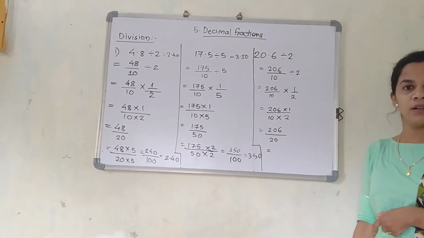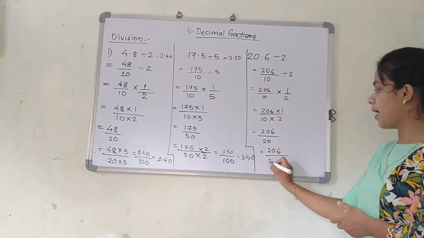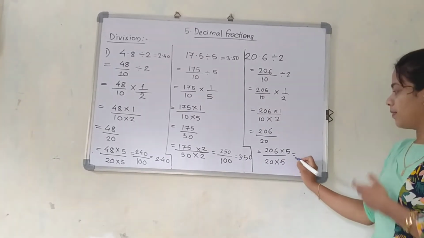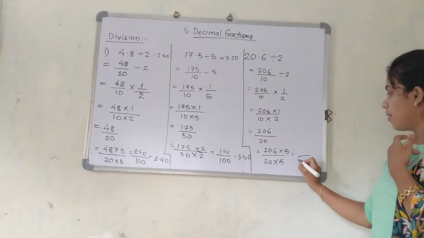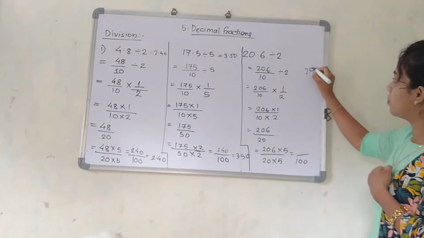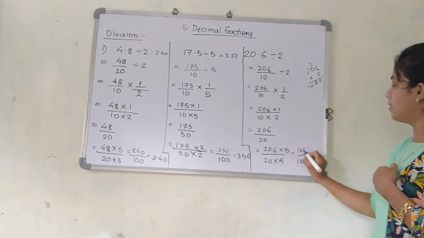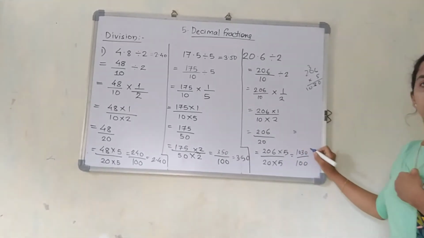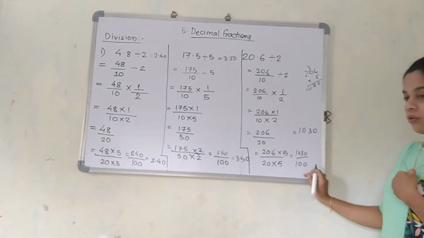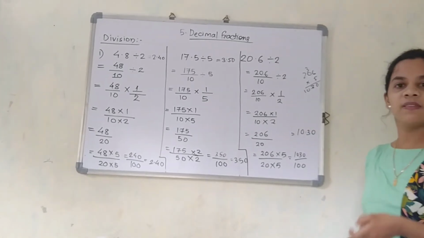Now 20 is not my decimal number. 20 is not a decimal fraction. So what I will do, I will multiply both the sides by which number to get 100? Why? Because 100 is near to it. That's why it will be 20 into 5, how much? 100. And 206 into 5 will be how much? Just check. 1030. Okay, so here 1030 I am going to write as it is. On the top, 2 numbers, 2 zeros, so decimal after 2 places. Okay, we will see the next part now.